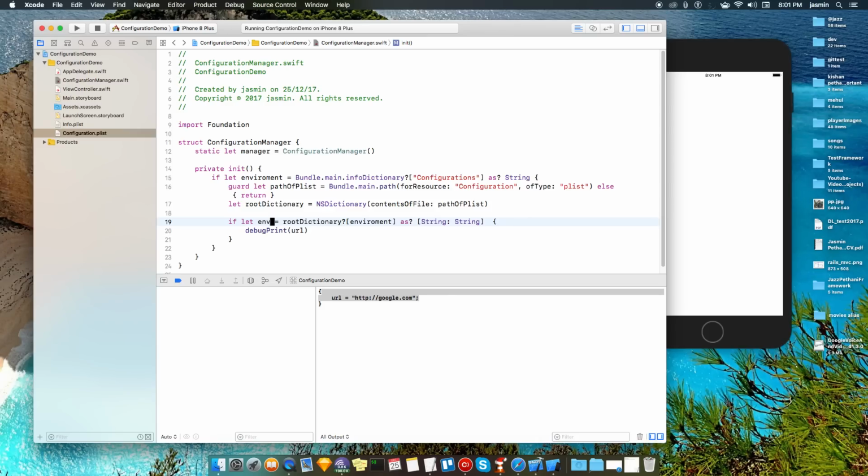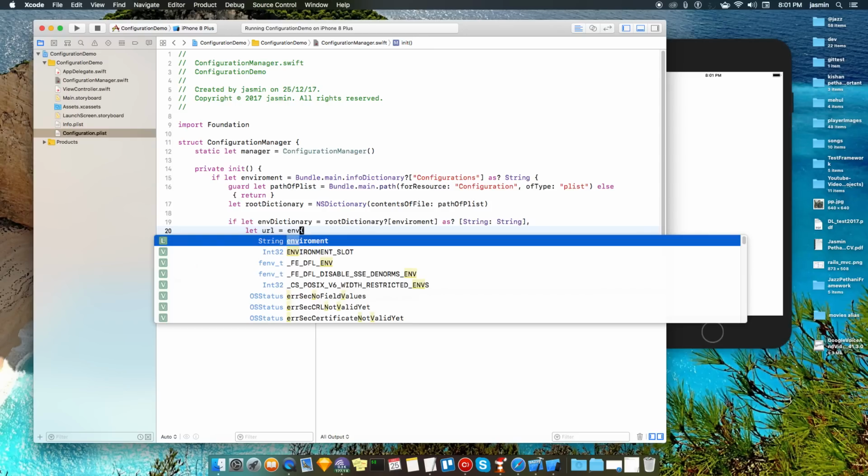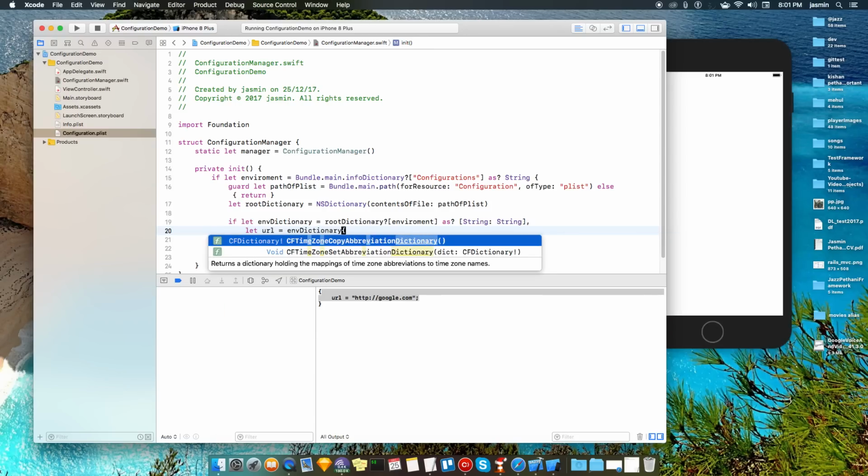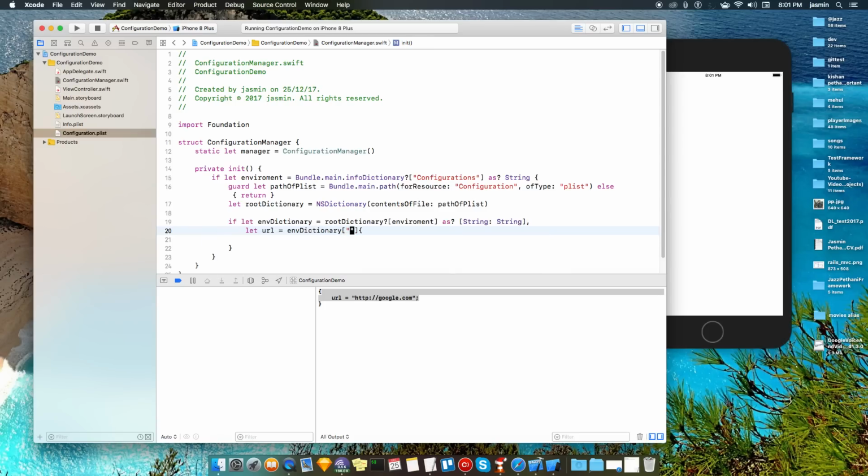We will use the environment dictionary, and from the dictionary we will get one URL. And as we are sure that it's a string, we are not going to put a let thing, we just print out the URL.